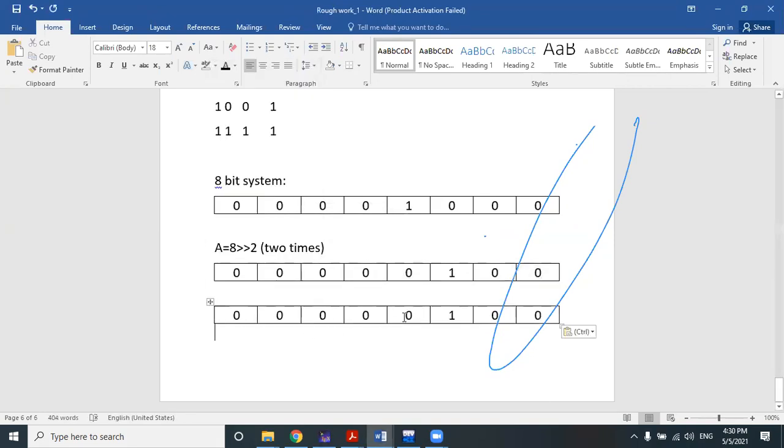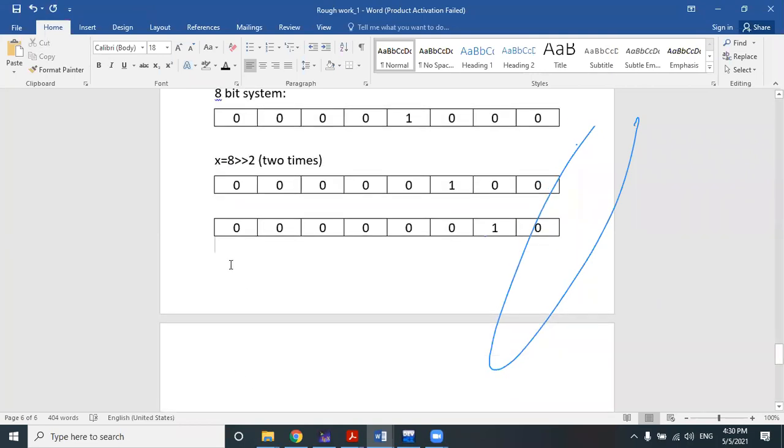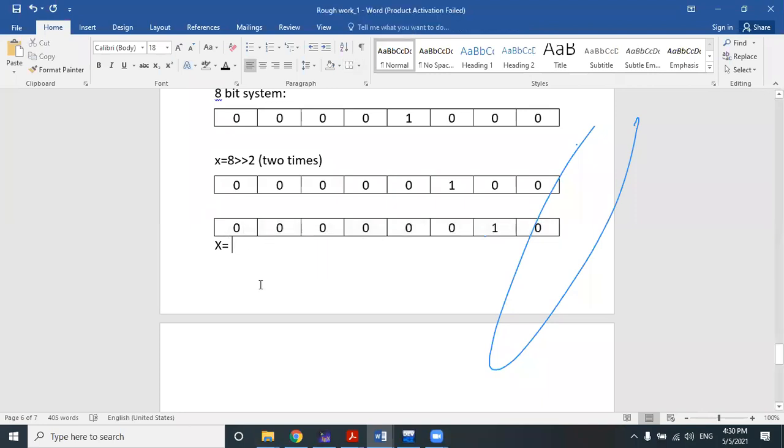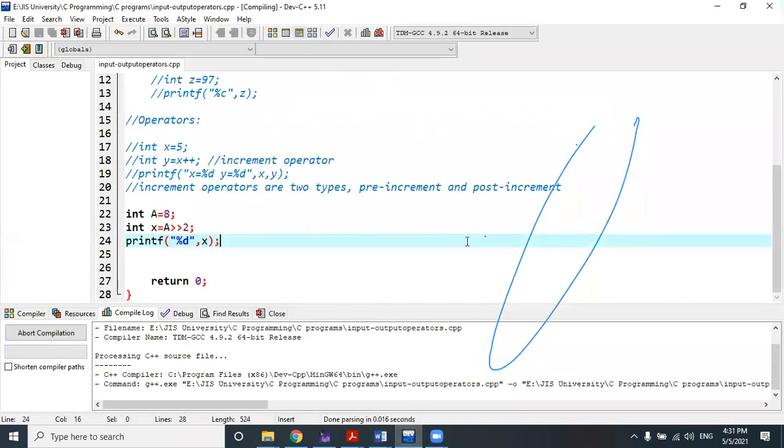This won't be mentioned in any book, I am telling you, so everyone please listen very carefully. This is the result after 2 shifts. Everyone agree with me? Now our job is to calculate the output, and the output becomes the decimal representation of this final shifted binary form. What is the decimal representation of the final shifted binary form? 2. We got the same output, didn't we? Clear? We have got the similar output here.